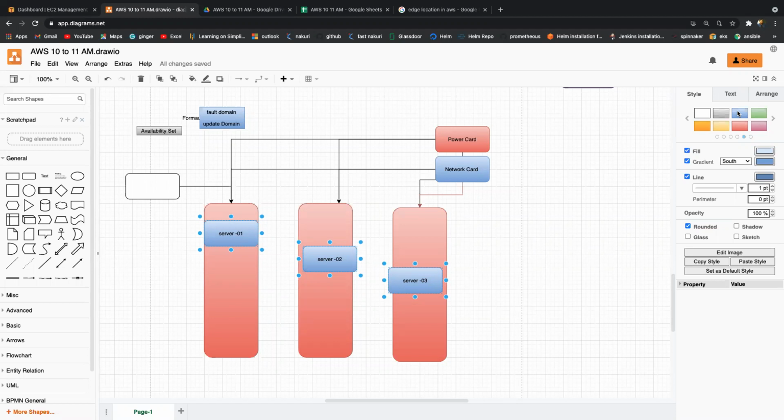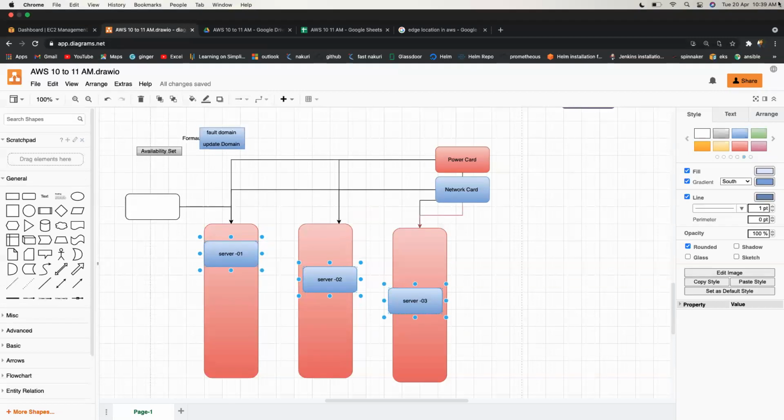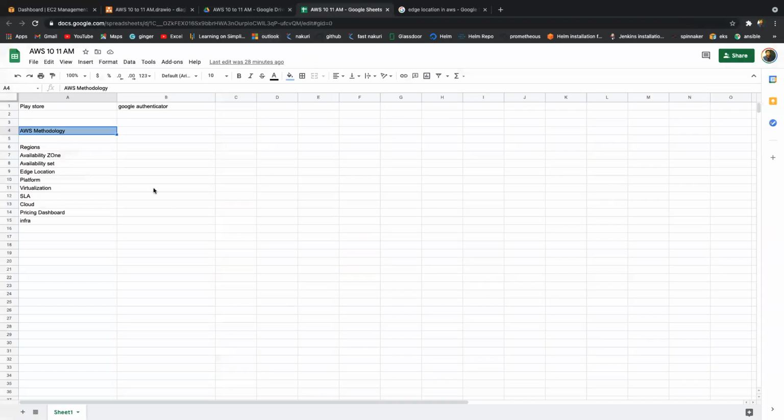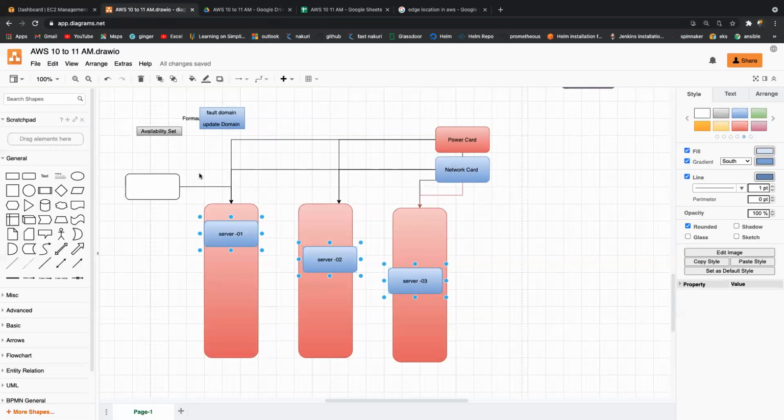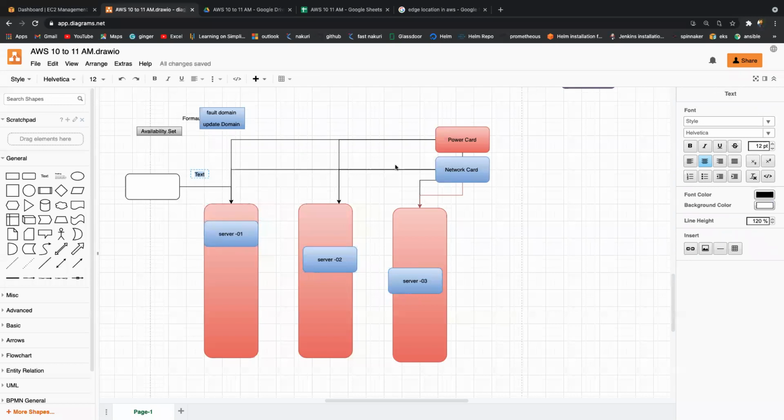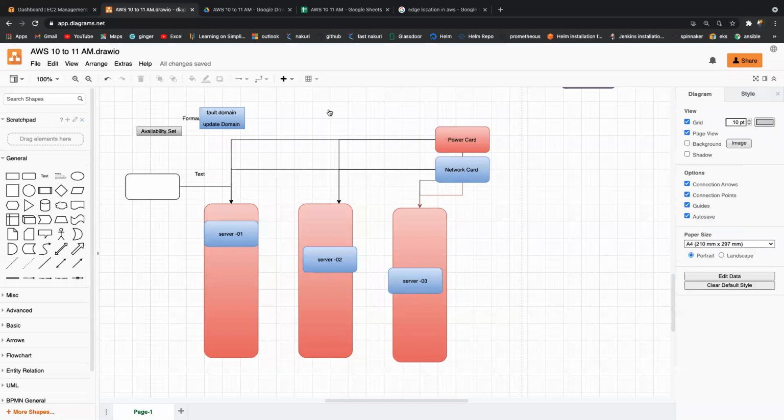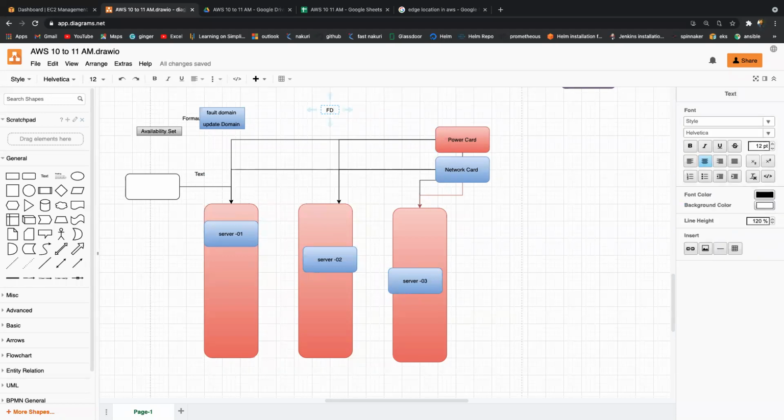Getting my point? We should not allow them to do the patching update simultaneously for all the servers. We should make them patch one by one. How can we do that? Once again, I have to go with the fault domain and update domain. See, how can we define it? Consider these 3 racks connected with one power card and one network card switch. We can call it FD0.